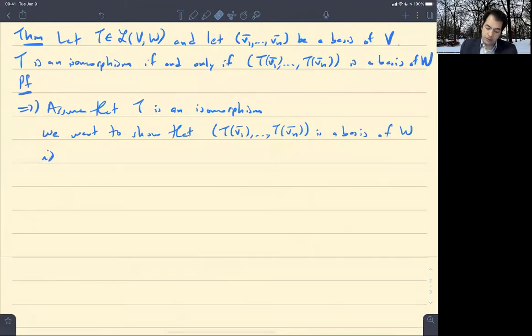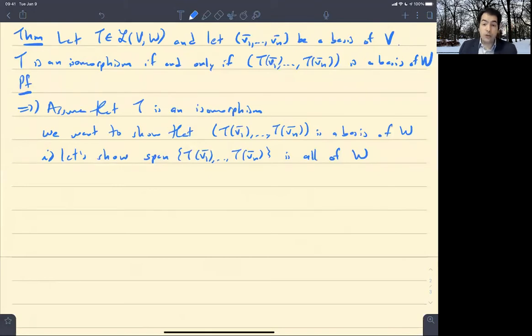So let's show that the span of the set is all of W. Okay, how do we show that the span is all of W? We pick an arbitrary vector in W, and we show that we can write it in terms of these. Okay, so given a vector lowercase w inside uppercase W,